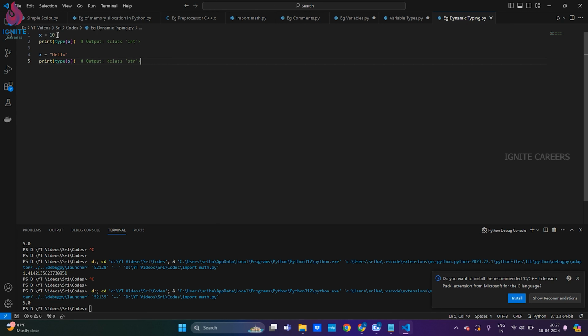So what does it mean? We have assigned a variable with a value of 10, which is an integer. If we print this, it will give us an output that x was an integer. And again, we are storing a string value in the same variable. If we again print the variable type, it gives us the variable type as string. So let's execute this code. If we run this code,